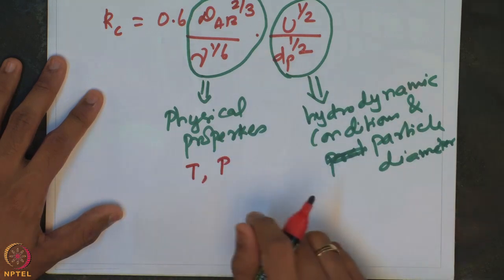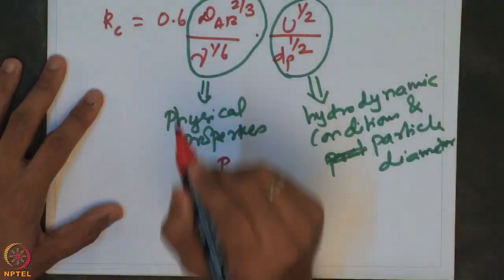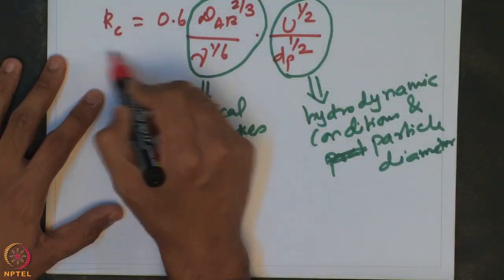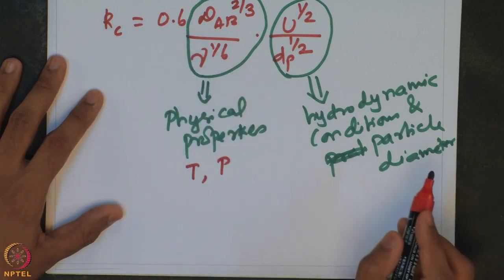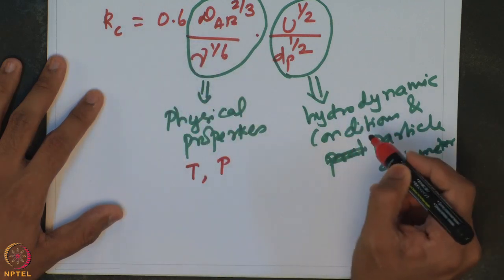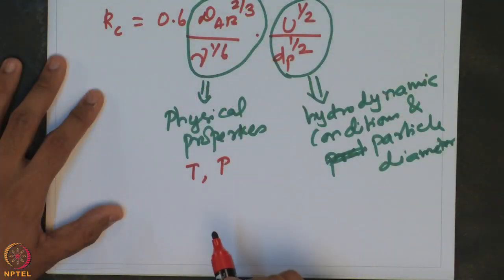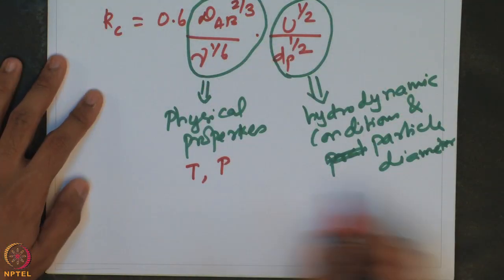So, if I increase the temperature at which the reaction is being conducted, at which the diffusion of the species is happening, then I can increase the diffusivity of the species and thereby increase the mass transport coefficient. But a much easier way would be to change the hydrodynamic conditions, because that would require pumping the fluid at a higher flow rate, which results in a higher velocity, that is, a different value of u.